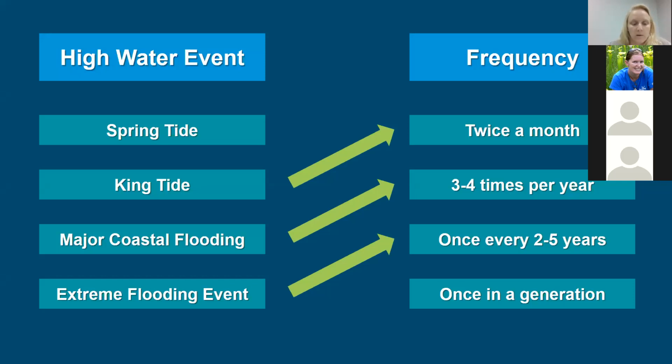We're having more rain bombs and we're having the slow moving hurricanes drop a lot of rain. Even if they're not hitting our ocean front directly, like in the case of Florence, they're still dropping rain and causing major coastal flooding. Then when we look at our extreme flooding events, these are the hurricanes that maybe hit